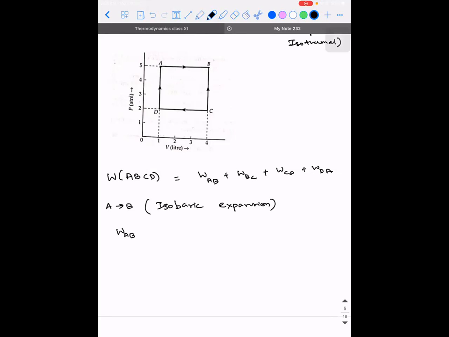So for constant pressure, what is the formula for work done? I told you. Work done from A to B is equal to P into delta V. Remember this? So what is the pressure, guys? It is 5 atmosphere into what is the change in volume? The state of the system here is 5, 1. Here the state of the system is 5, 4. So 3 liters have been expanded. It is a 3-liter expansion that has taken place. But 1 atmosphere is considered to be 10 power 5 Newton per meter square.